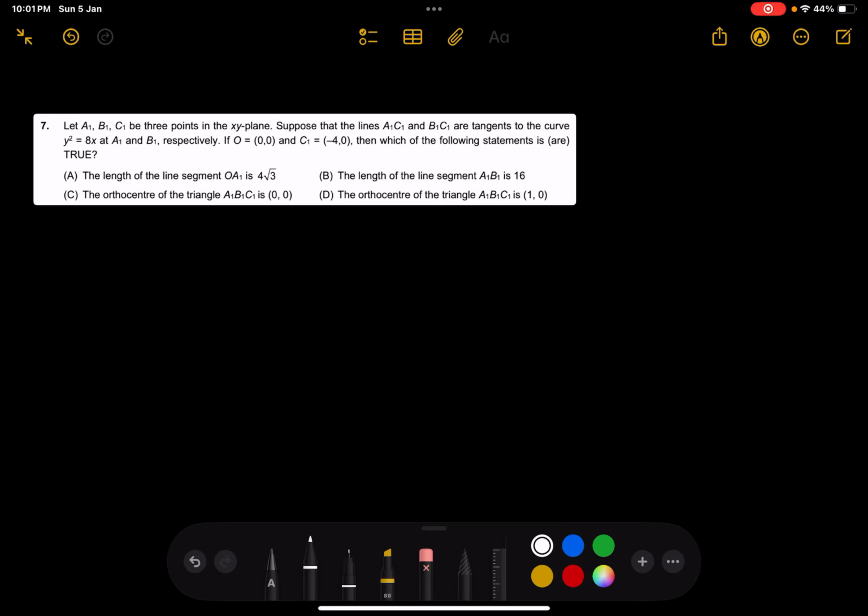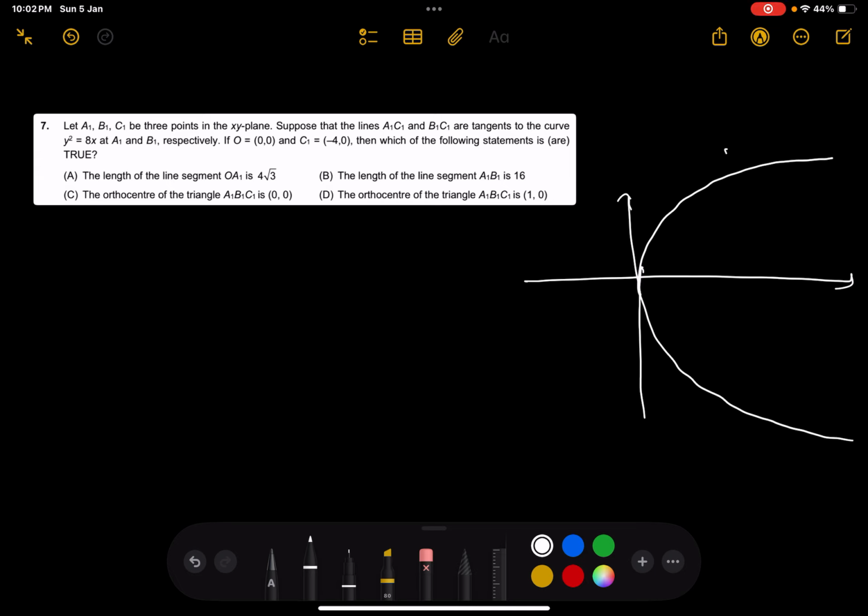We have a question from conic sections here. We'll start by drawing our curve. So we have a nice parabola, y square equals 8x. We are given a point C1,